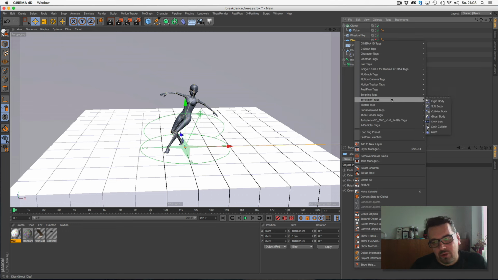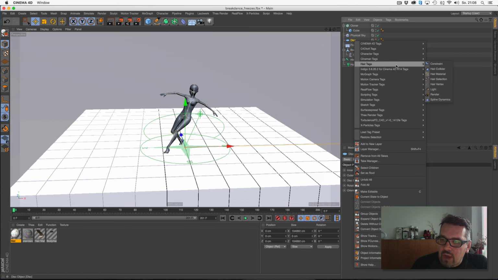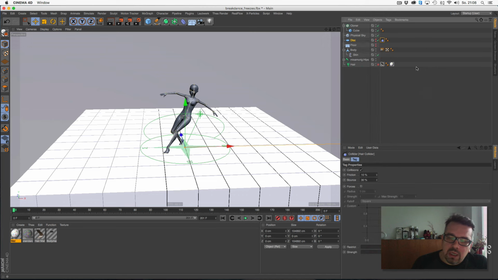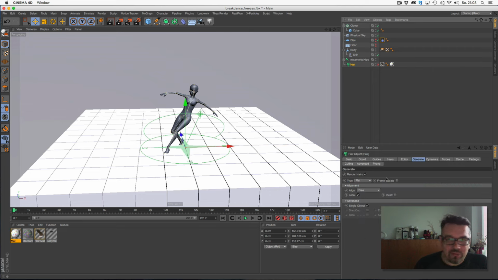Because you remember the whole dynamic stuff now is done by hair, and you're using hair collision, and that means that the hairs on the body fly around the body but can't go into the ground, because the ground is set to collision, and so the hair has to lie on the ground when the dancer is dancing.